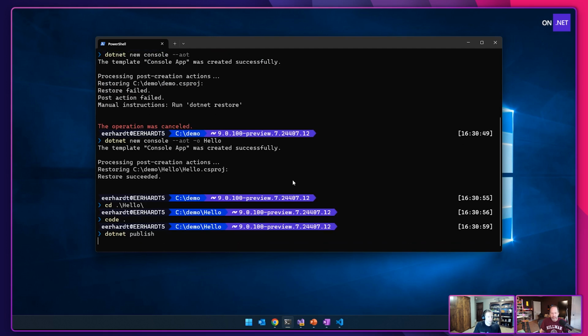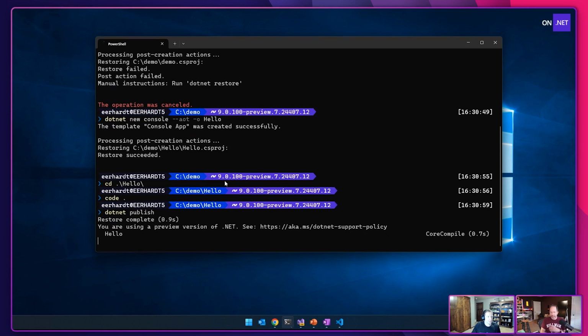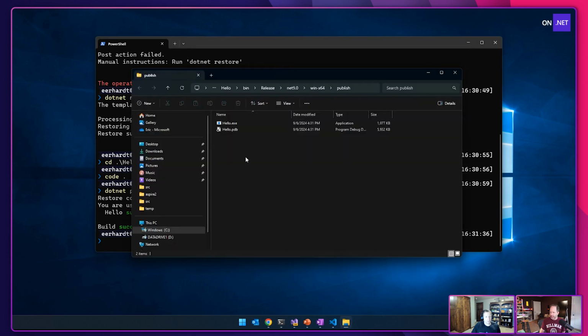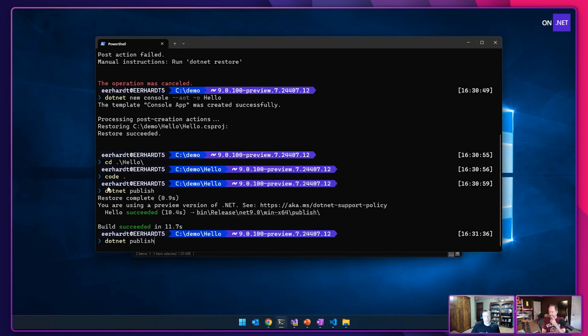And so when I .NET publish this app, you see it takes a little bit longer than compiling, right? Because you're going to compile it into IL, and then you'll see it'll call ILC compile. It'll compile that into native code, link native. And now you see that I have this app, hello.exe. It's 1 meg. I could take this exe, give it to you on your Windows x64 machine, and you could run it no matter what .NET runtime was on there, right?